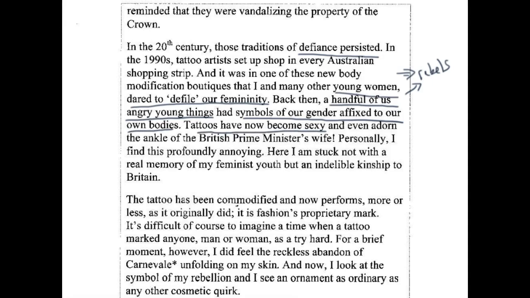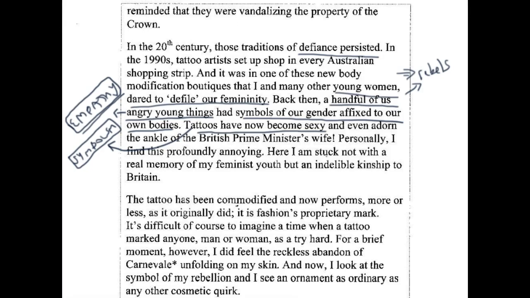So the angry young things, here we can perhaps mention there's some empathy that she has for her audience. They're young, they're feeling rebellious, they want to become independent and make their own stamp on society, but the author argues that tattoos is no longer the way to do that. We can mention the symbolism of tattoos has changed, making tattoos more meaningless than they used to be. Okay,